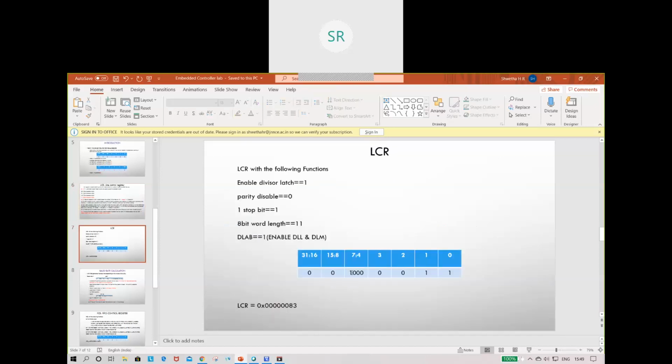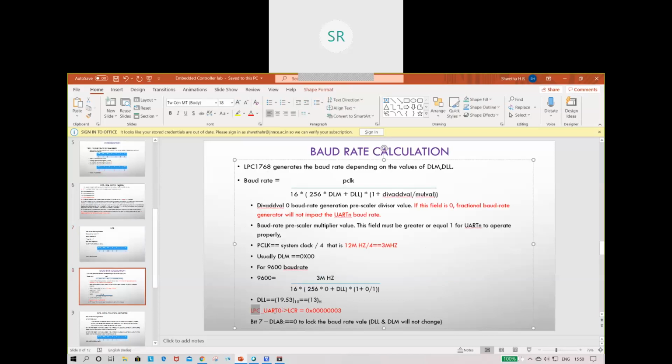If you disable bit 7, the 7th bit becomes 0, and you are left with only the first 2 bits, which are 1 stop bit and 8-bit word length, the word length you want to transmit, that is bit 0 and bit 1. So the LCR value becomes 03 because I'm disabling the registers.